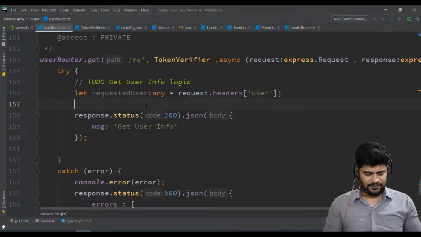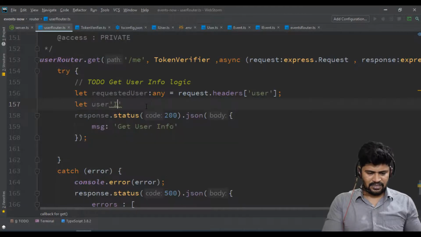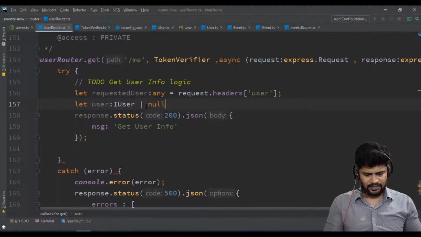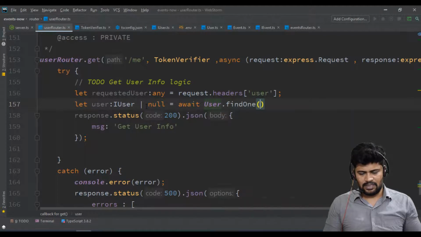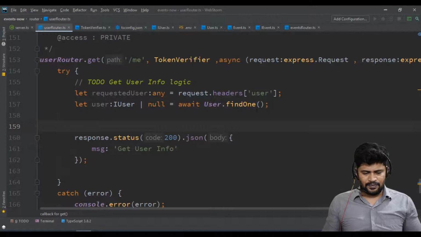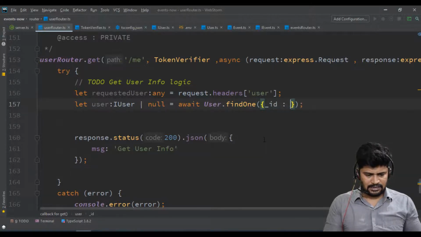So let's say let user of type IUser or sometimes null is equal to await my user table, capital User dot findOne, or you're going to provide the primary key, right? So you may write like this: findOne where _id is requested user dot id.